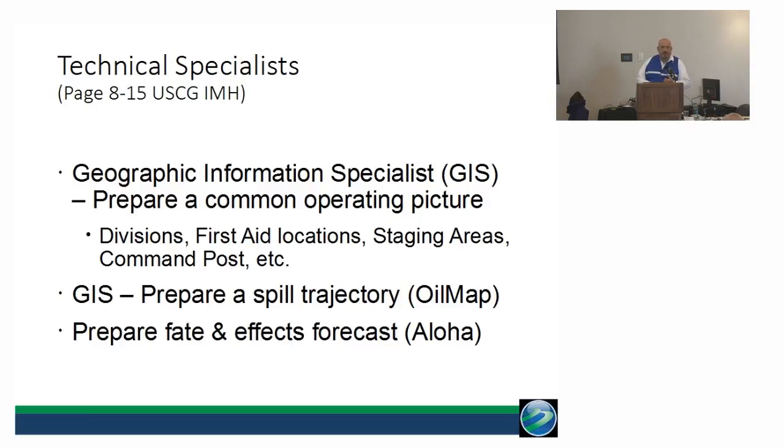The GIS is going to prepare the trajectory, which is a great tool that we can use to get an idea where we can expect the oil to go. Nothing beats eyes on. So every time we get a trajectory, we're going to probably run it twice a day. But we're also going to be verifying that with the helicopter. Yeah, the trajectory is showing exactly what we expect it to do. Or we get up there and we say, okay, no, the current's doing something a little weird out here that's not picking up in the program. Something we got to look at.